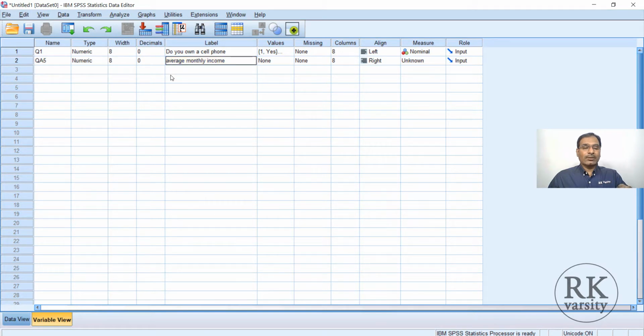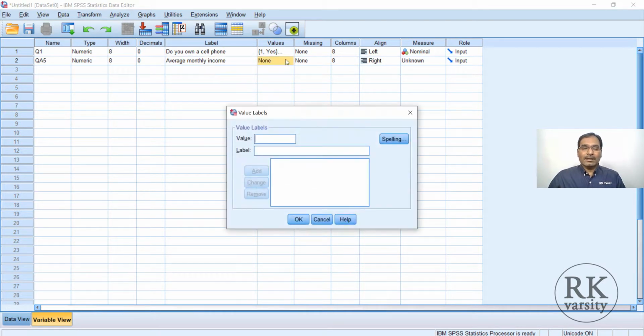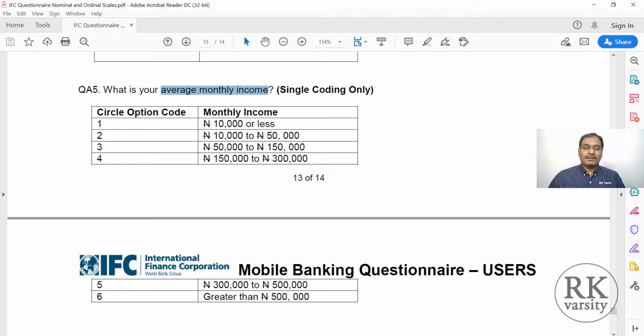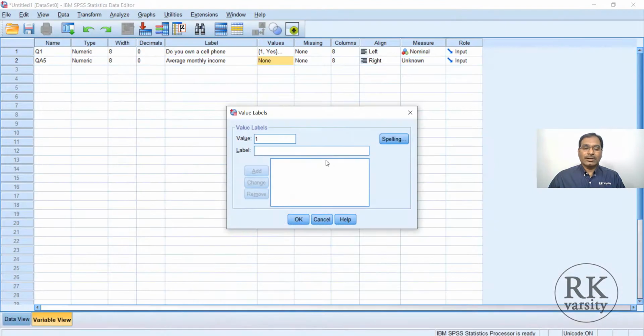By double clicking you can edit this one. So double click, I'm giving a average, then here are values, so 1, and your label is monthly income is 10,000 or less. Sorry, monthly income is 10,000 or less. So you can say less than